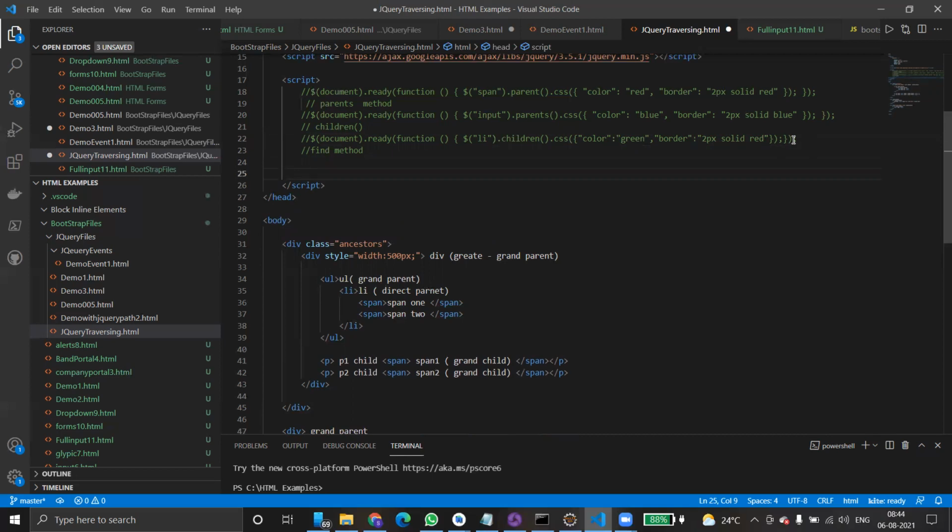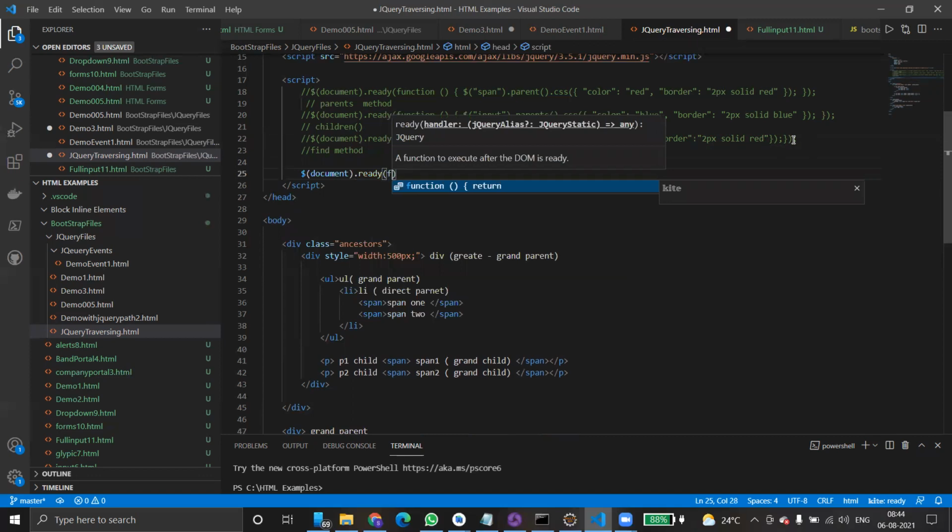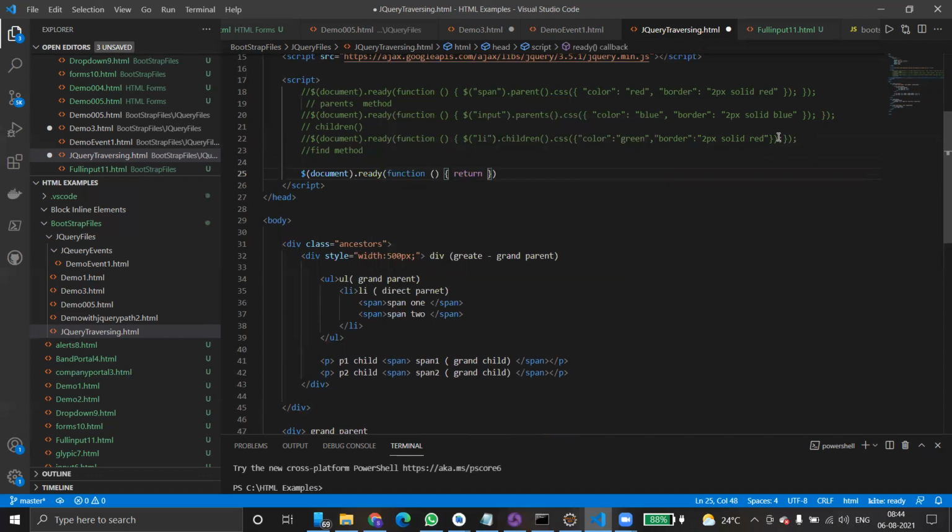So I'm just using document dot ready function again. Inside this, I'm using the dollar symbol. Division is enough.